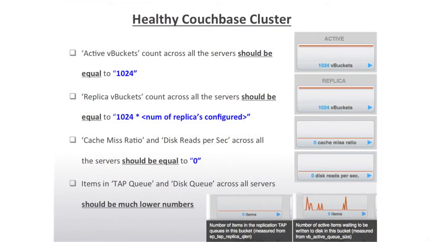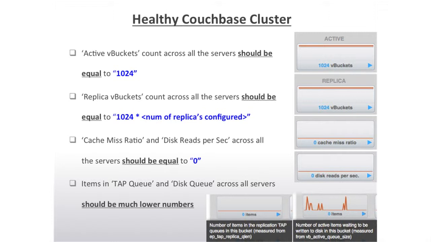So the next thing is the items in the TAP queue and disk queue. Both of these are very important. As I mentioned, you can configure replicas within a cluster, right? If you have replicas configured in a cluster, as soon as the data comes into one server, we do a memory-to-memory replication. That is using the TAP queue. If there are a lot of items in the TAP queue, it means that items are not getting replicated to the other server, which is a problem